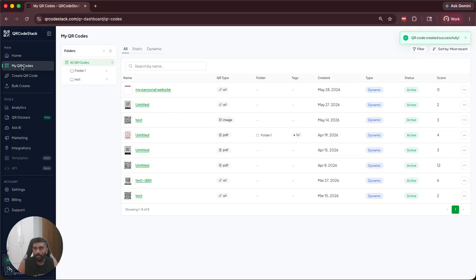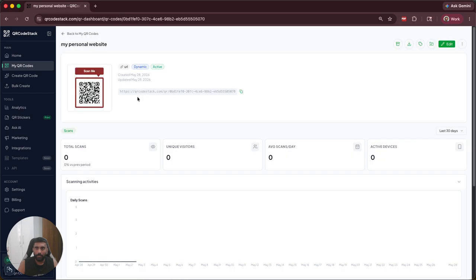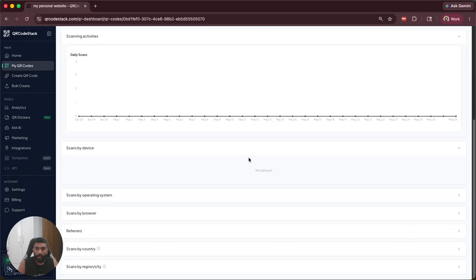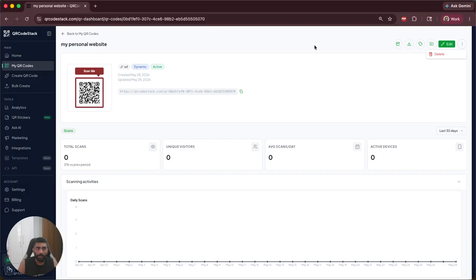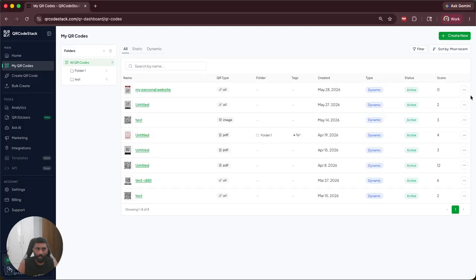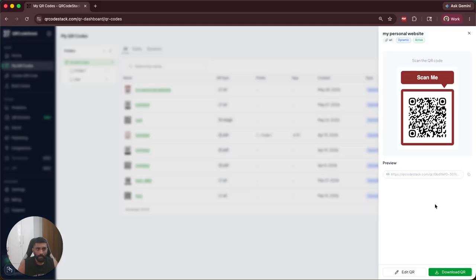This essentially creates my first QR code, and it takes you directly to this tab called My QR Codes, and you can see the QR code that you have created. Once you click on it, you get more details about it. So I'll go back and click on preview. What I'm going to do is demonstrate what happens if you scan this QR code. The expectation is it takes me directly to the website, since I've created a QR code that takes me